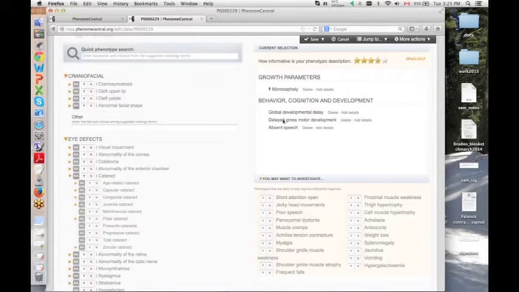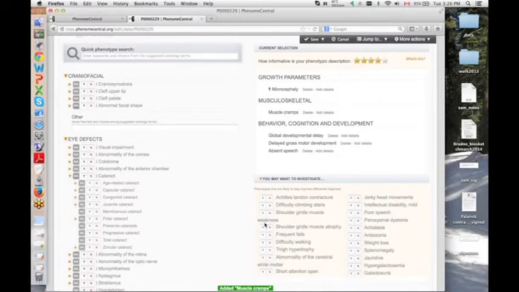First of all, as I describe more and more terms, I get an indication of how informative the description is. One of the other things that the system does is it also gives you a suggestion of other phenotypes that are correlated with the ones that are already entered. So, given these, other ones are worth thinking about as helping to refine the phenotypic description. So maybe muscle cramps are also relevant, and this will lead us to recalculate the sets of other phenotypes that may need to be investigated.